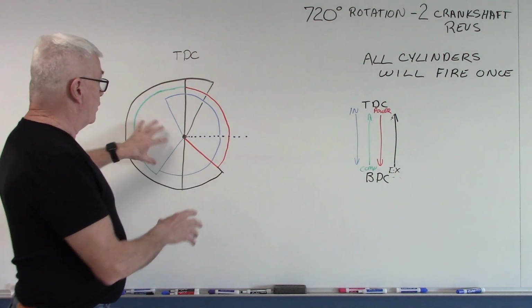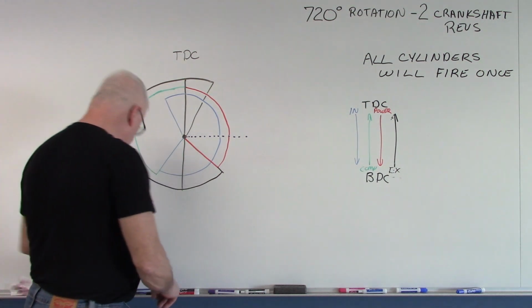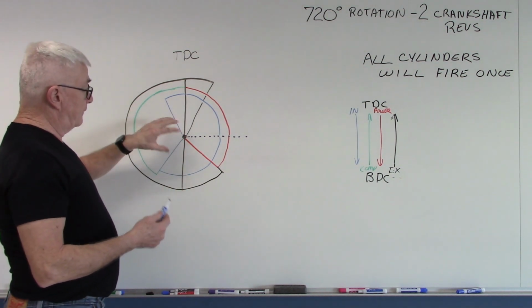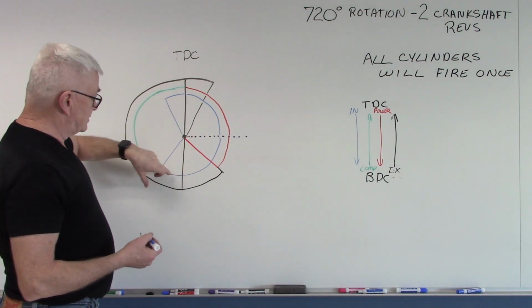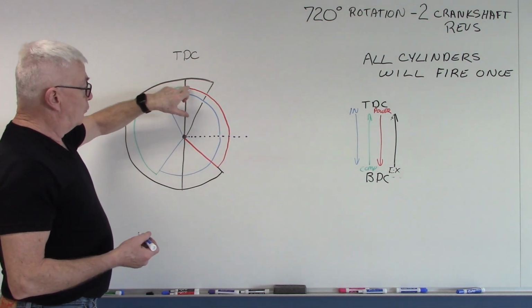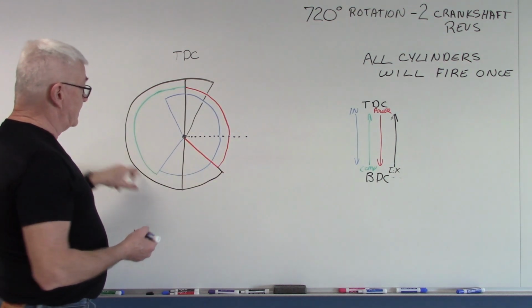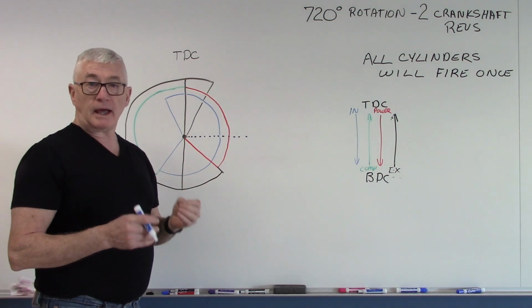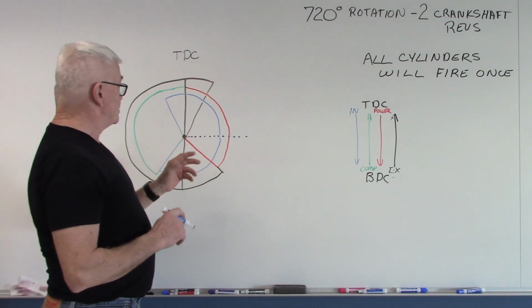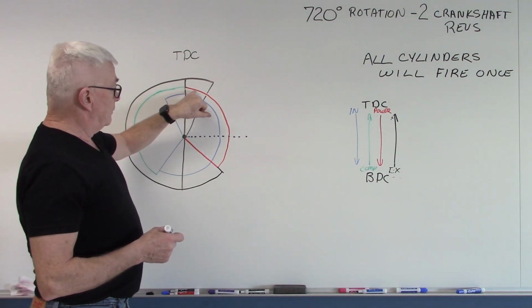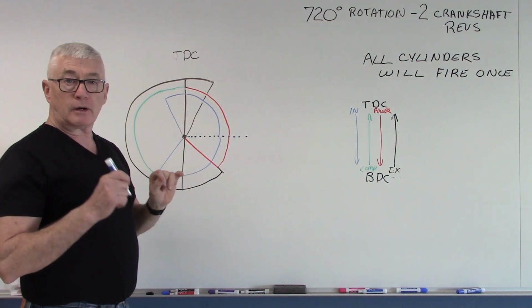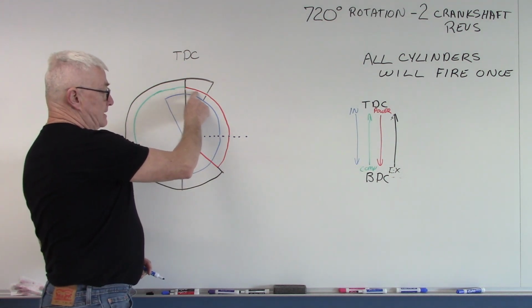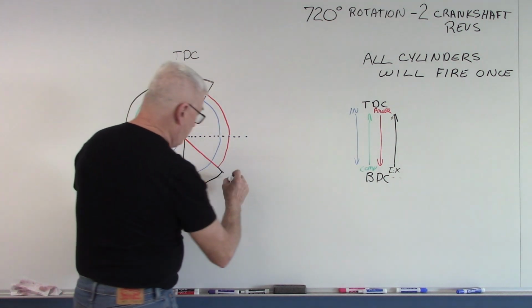Now, I've gone ahead and drawn out one here, and again, I'm going to go through it very slowly. So we have it color-coded for our different strokes. Blue will be my intake stroke, green is my compression stroke, red is my power stroke, and black is going to be my exhaust stroke. All right? Now, you can draw the diagram any way you want. I always like to start at the power stroke. So if we begin the power stroke and we're moving, remember always that this is crankshaft revolutions. If we move from top dead center, this point here we refer to as